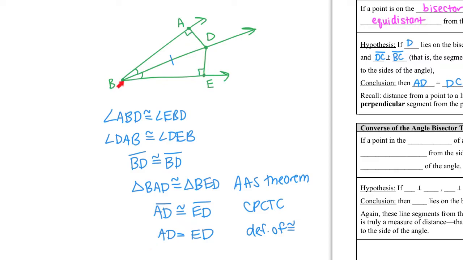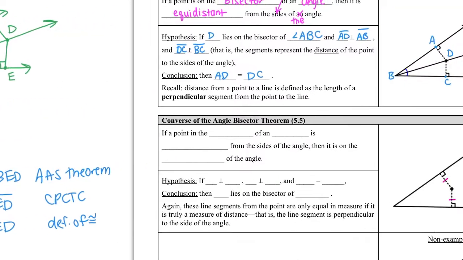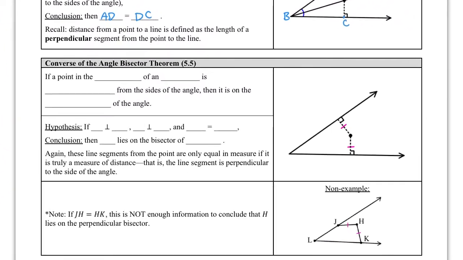equal in measure. So on an angle bisector, wherever that point lies on the angle bisector, the distance between it and the sides of the angle will always be equal in measure. And remember, when I say distance, it has to be perpendicular, because that's the definition of distance from a point to a line. Okay, so we looked at that in GeoGebra, and now we're going to look at the converse